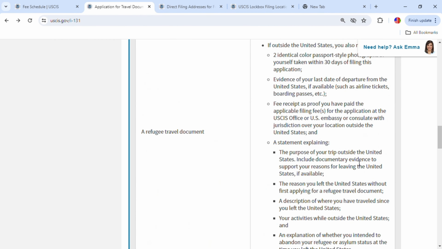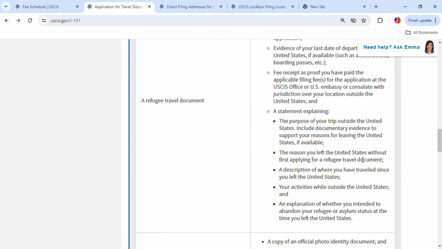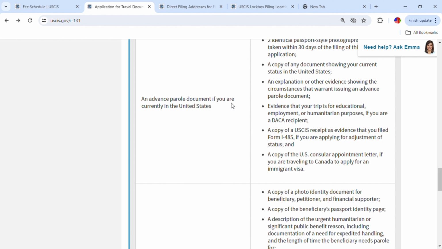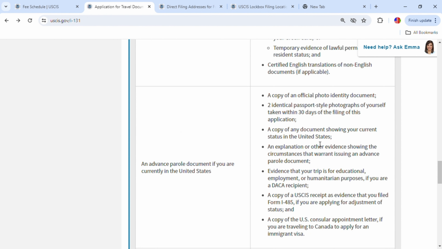So supporting documents will depend on the application type as well. So we're going to go to advanced parole document if you are currently in the United States. You will need these documents right here: a copy of an official identity document, 2 identical passport-style photographs of yourself taken within 30 days of the filing of this application, a copy of any document showing your current status in the United States, an explanation or other evidence showing the circumstances that warrant issuing an advanced parole document,